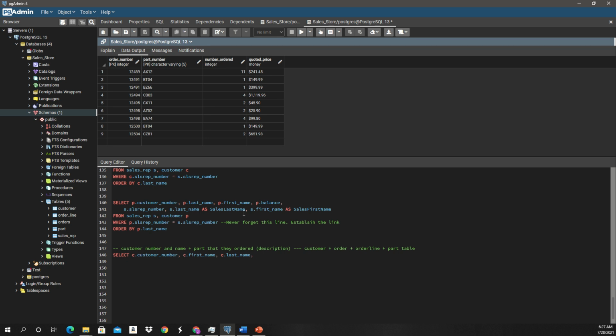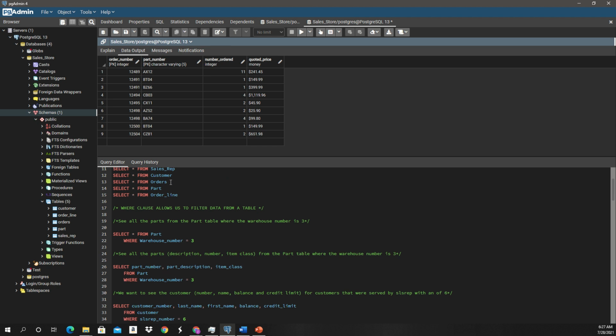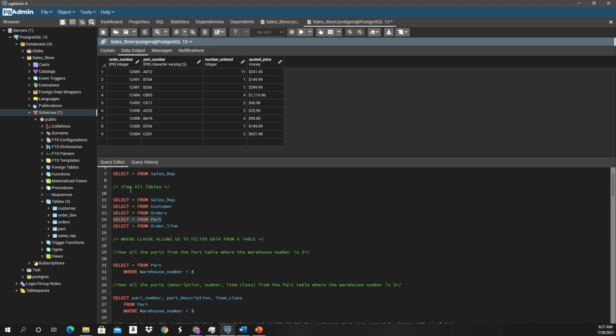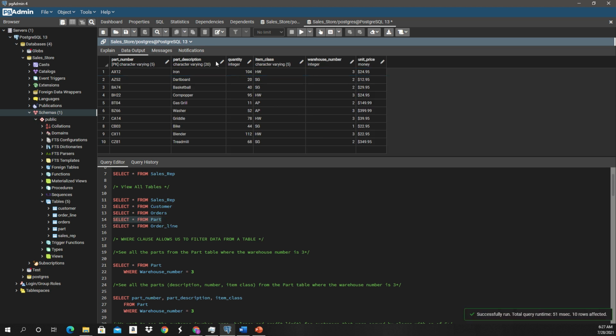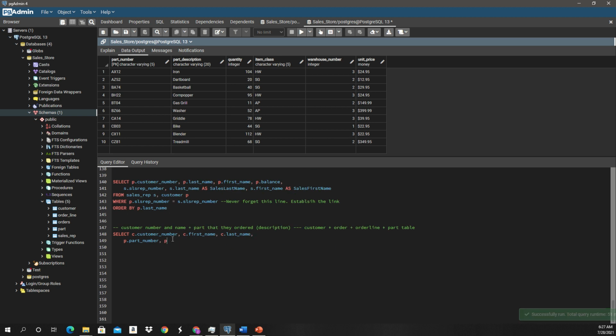You don't need to separate it, but I like separating things. Let's do p dot part_number, and I believe the other one was the part description, right? So let's just look at the part table just to make sure what it is. So it is part_description, p dot part_description, okay,